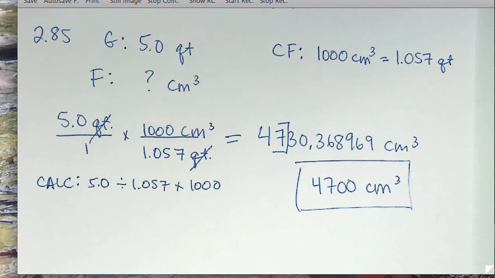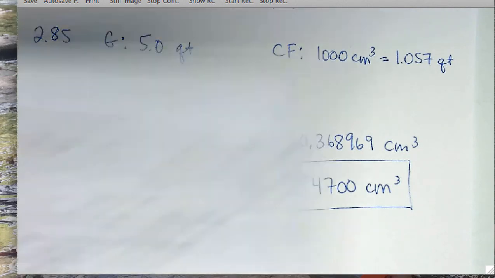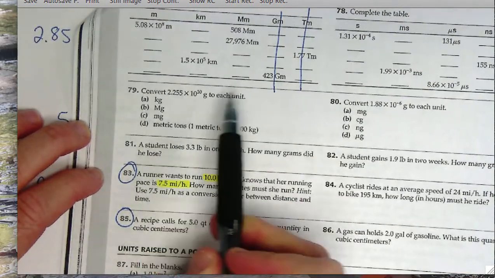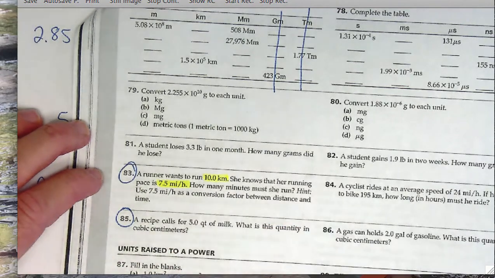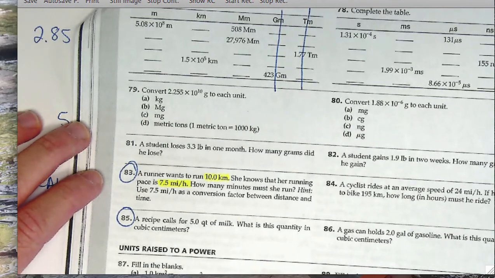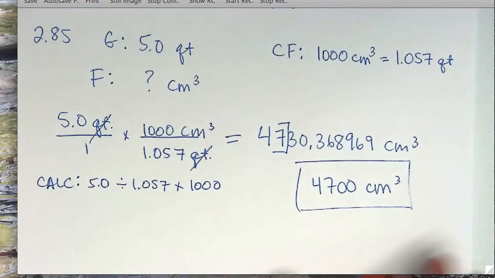All right, other questions? On 79, I understood them, but the way I did it, I wrote them all out completely and just moved the decimal point. Is there a simpler way to do that? No, that's a great way to do it. Could we have converted it? You converted it, yeah. So on 79,